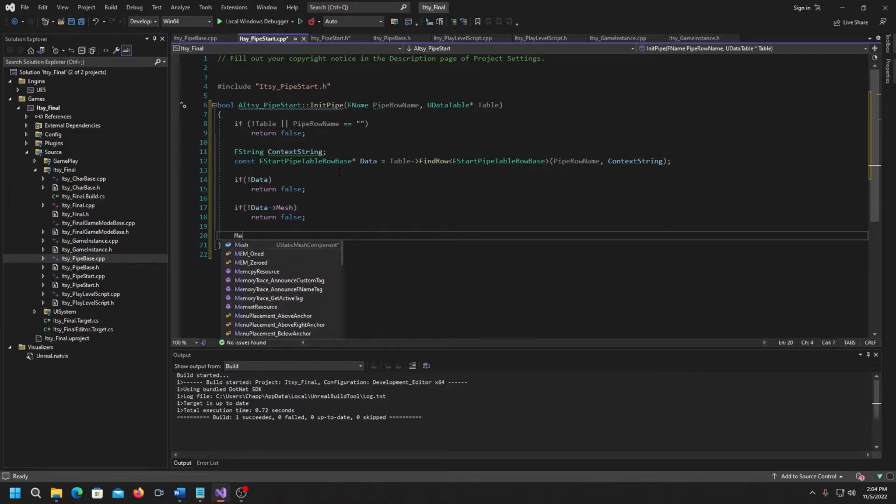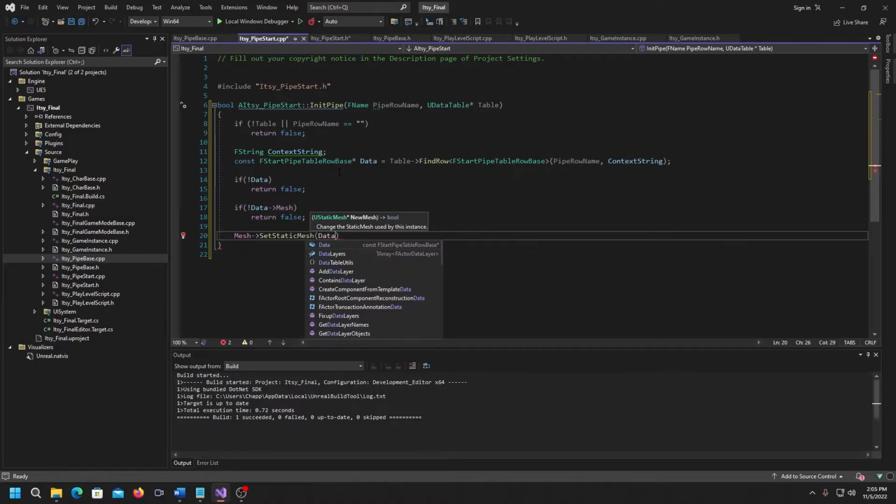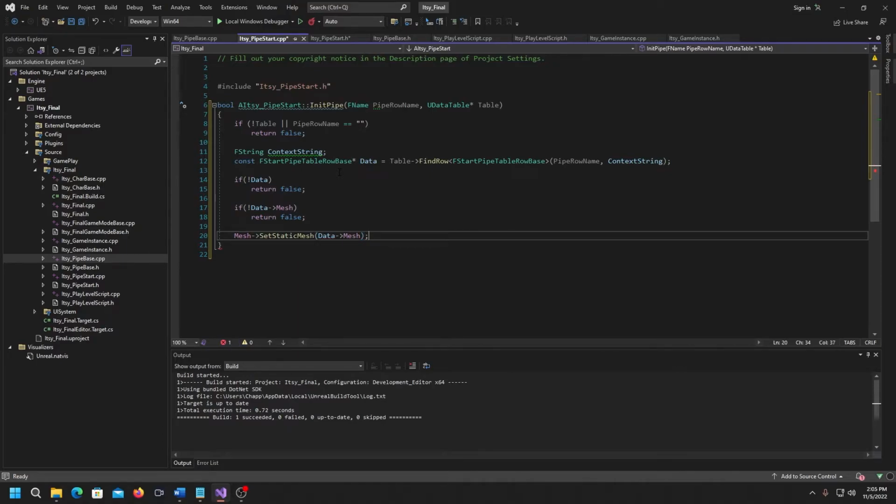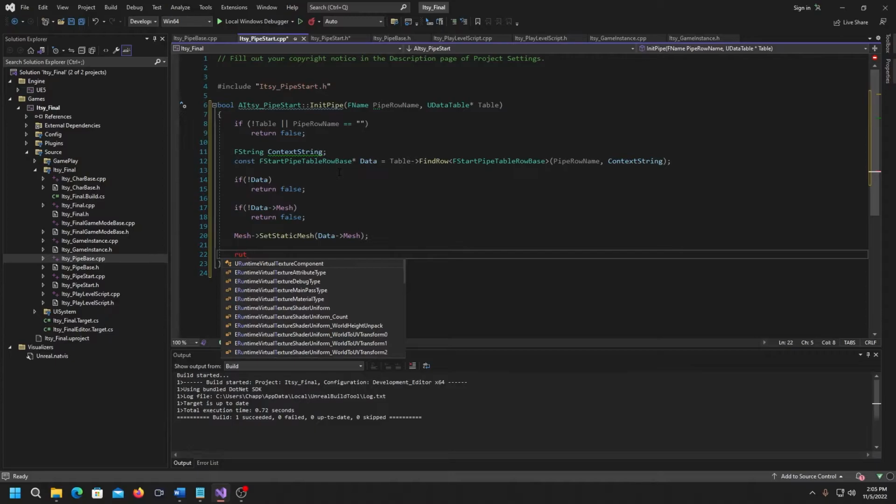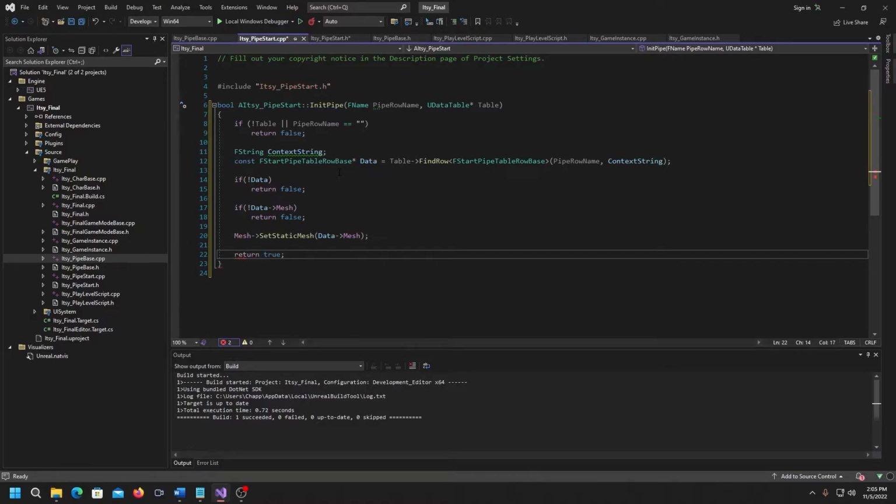So we're going to say mesh, and we're going to say set static mesh, and then it's going to be data.mesh. And then that will set the mesh for us. And then at that point, everything should be good. So we'll return true. And there you go. So now our init pipe is good and functional up to what we're doing right now